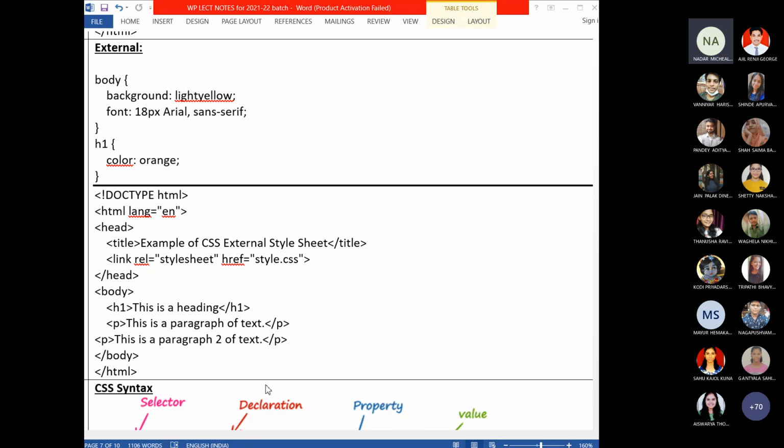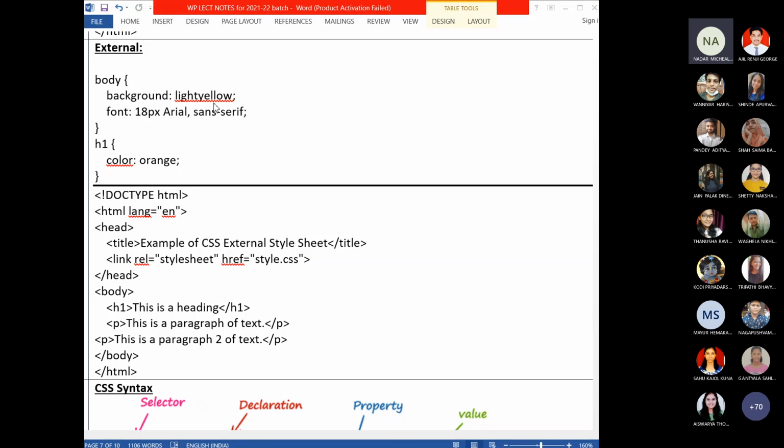Then in a separate file, you will write the HTML code. In that HTML code, within the head tag, you have to add one more tag to link with this external CSS, which is the link tag. Inside the link tag, there are 2 mandatory attributes. REL denotes relative link, which type of document you are going to link. You are going to link a style sheet, so you will write stylesheet. For href, you will write the path of the CSS file.